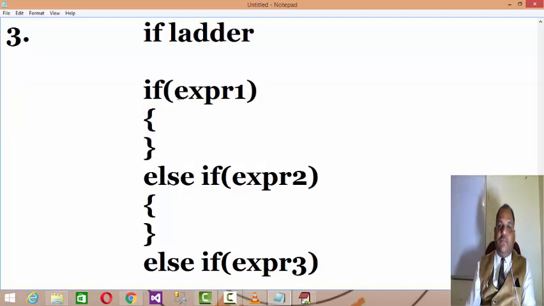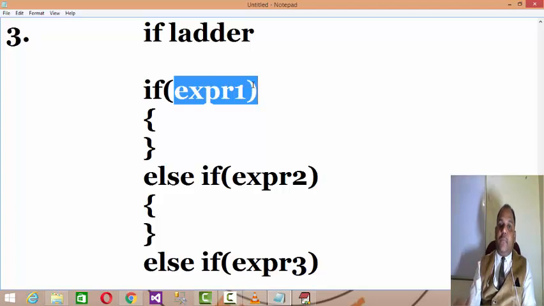The ladder we use when you have slab level conditional processing. While performing an if ladder, you have to start either from top to bottom or bottom to top. In the same example of percentage, in the ladder you first try if percentage is more than 85, then grade is A plus.